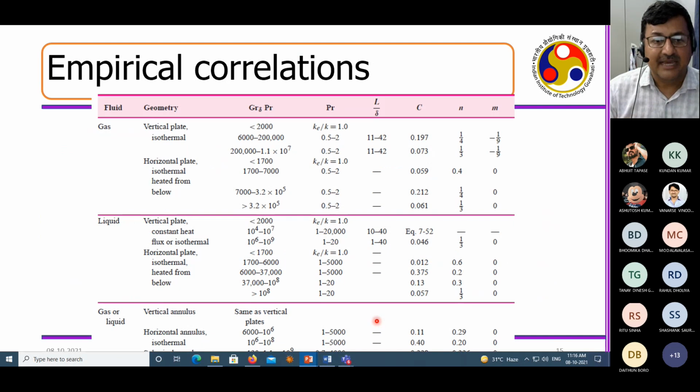Great. So for gas or liquid, for different types of geometries, you can see different types of parameters are given. These tables are just symbolic to show you that these are all available in the literature. So when you encounter a problem in the industry, or in your consultancy or in your design, nowadays all these data analytics are coming in. So chemical engineering is also very much evolving with AI, ML, and data. So essentially, these are becoming apt today.